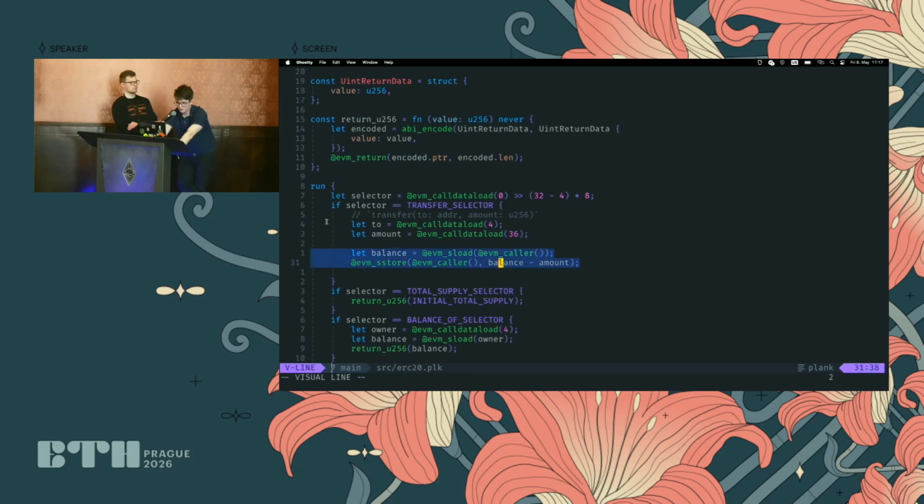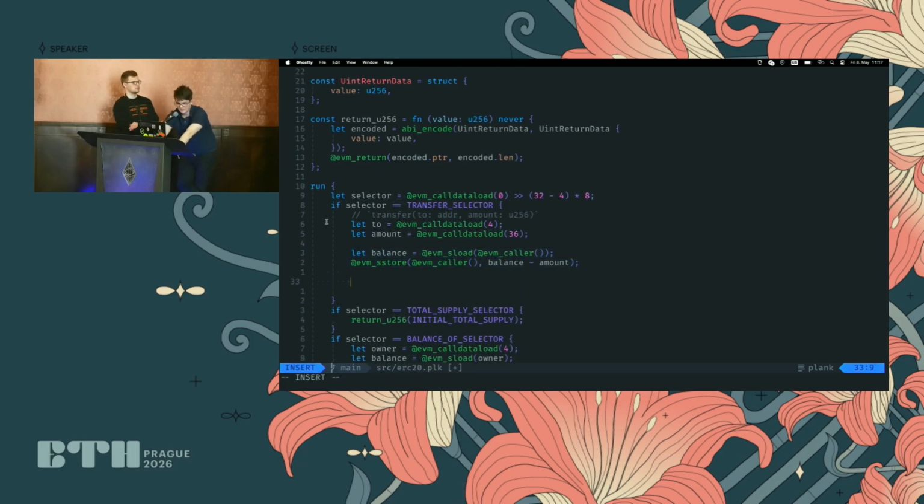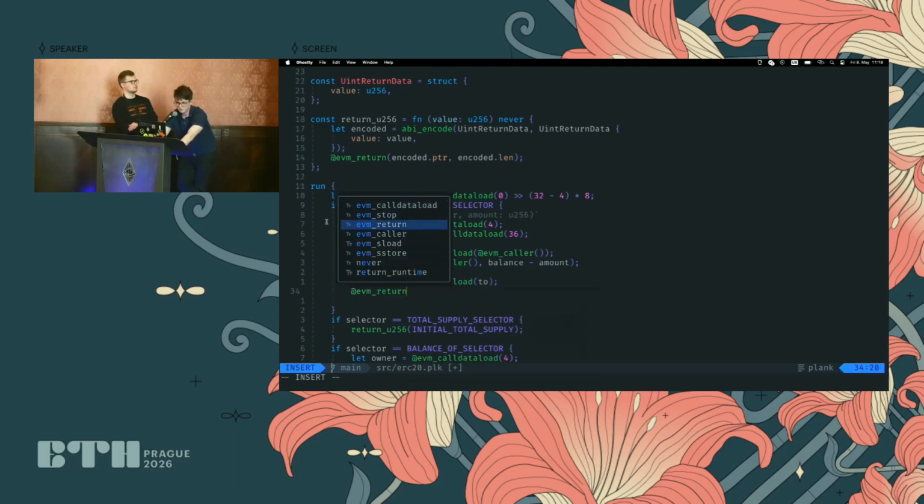So now we've decremented the balance of the caller, and now let's hand the balance to the recipient. So we can actually showcase some shadowing of the variable here by loading now the balance of the recipient. And then we store. So technically this is not secure because we should sanitize the call data, etc. But we're gonna skip that for now. But yeah, balance, and then we add the amount.